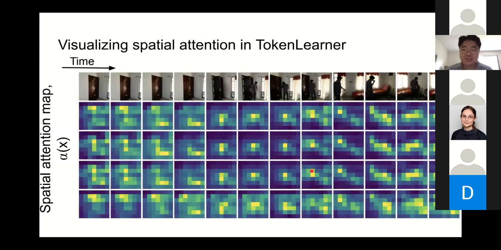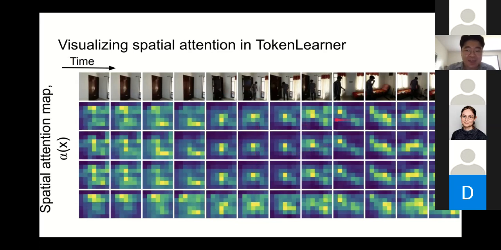And then I'll just go into the visualization of how the spatial regions the tokens are being generated from look over time. And you can see that initially most of the tokens were focusing on the entire scene. But as soon as the person enters the building, TokenLearner narrows down to something smaller.